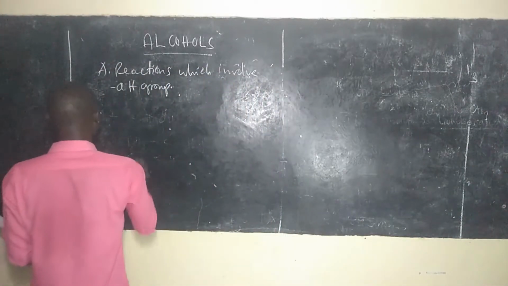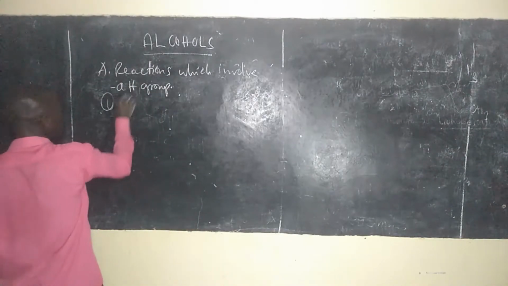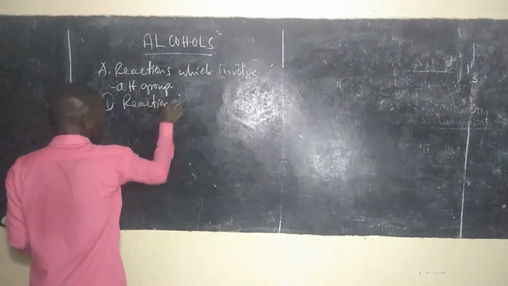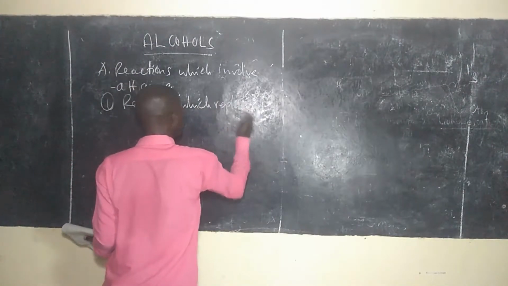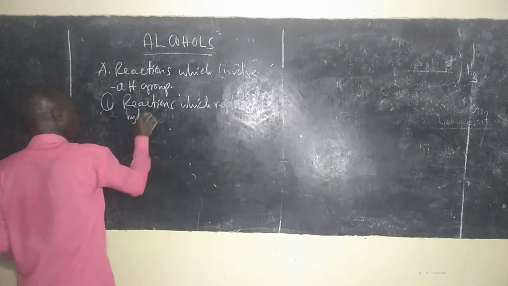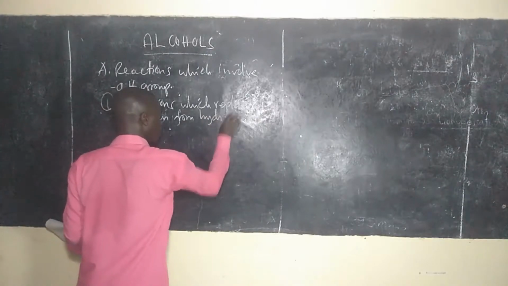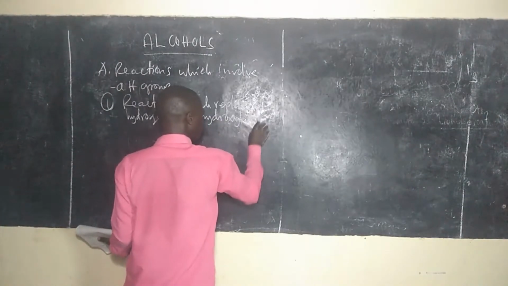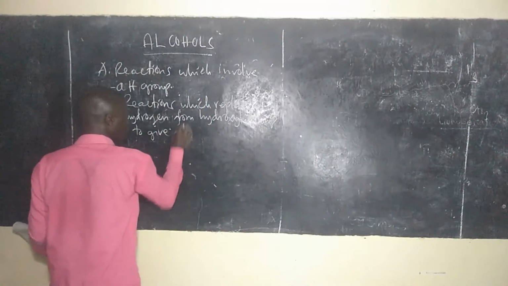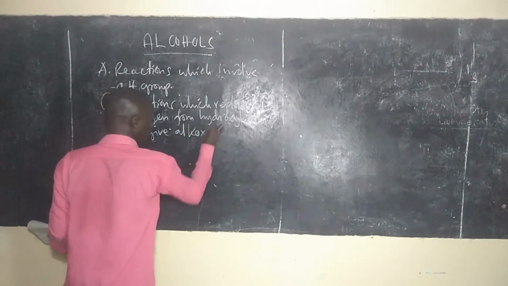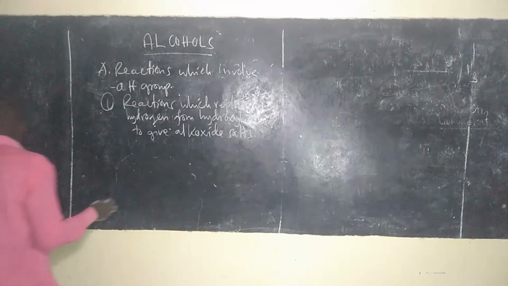So kwenye hii group kwanza tuna reactions ambazo zina replace hydrogen from hydroxyl group to give alkoxide salts. So kwenye hii reaction tukiwa tuna compound kama